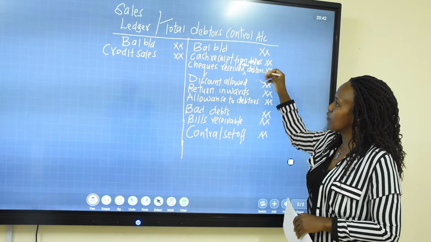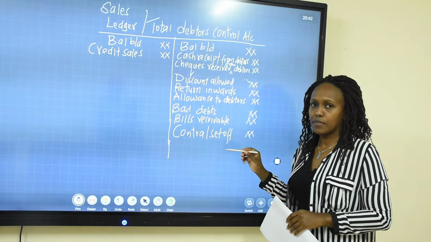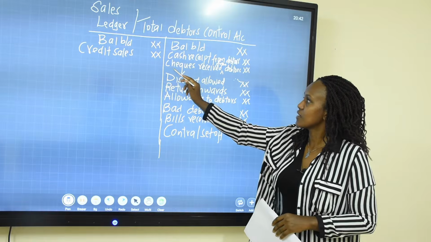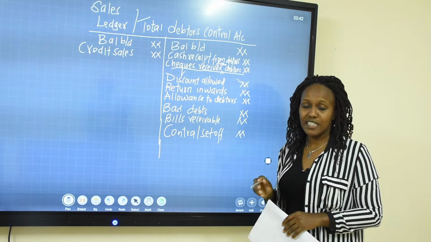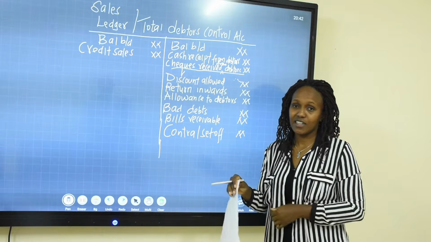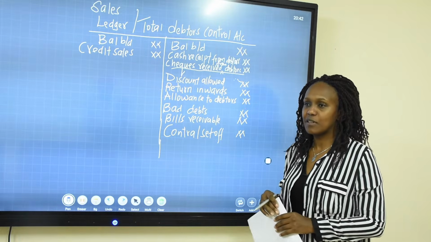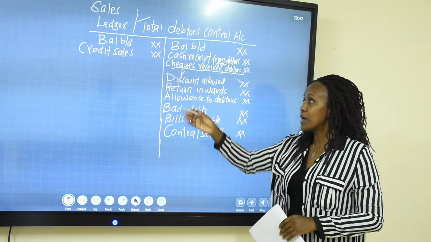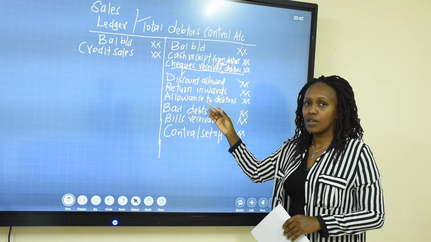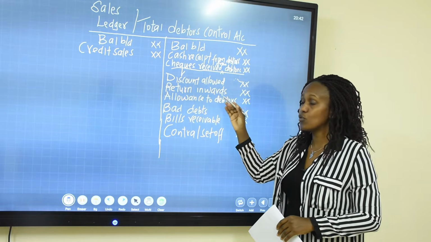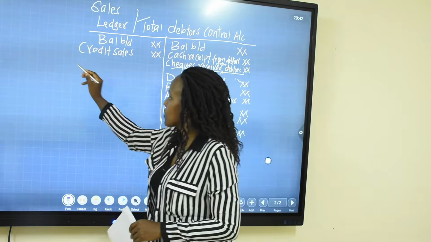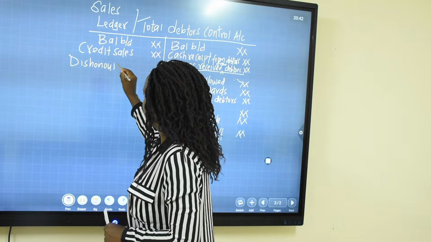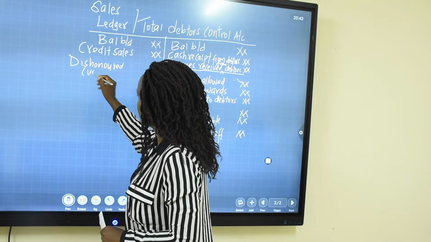Out of the items that we have put here, some of them may go back. Like let's see here, once you take these checks that are received from the debtors and you have deposited the checks into the bank, some of the checks may be dishonored by the bank. So what do we do if the checks are now dishonored by the bank? Remember, we had already credited those checks here and debited them to the bank account. So what do we do when the checks are dishonored? We add them back. So any dishonored check, any dishonored customer check,